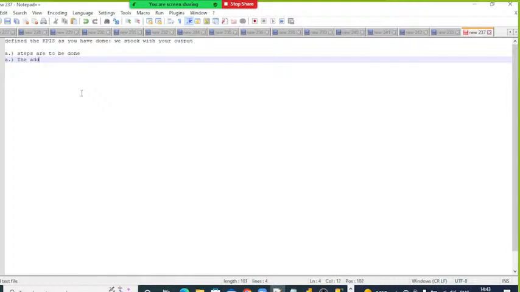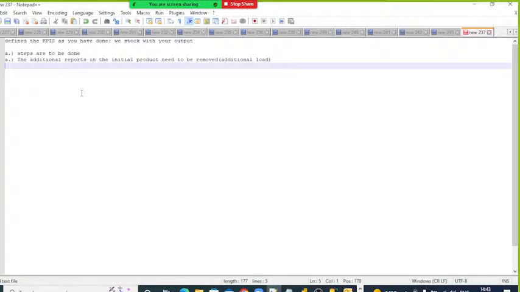The additional reports in the initial product need to be removed. So don't give anything, because this will all be additional load. Is this clear? Yes or no? Yes, sir. Okay. Then the second thing is remove all the, because you can't just remove it, what you can do is